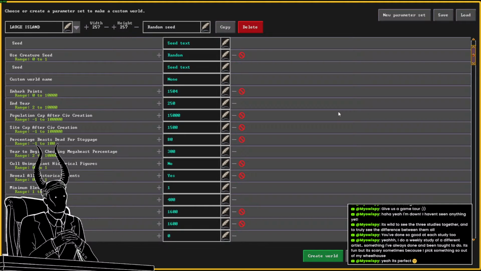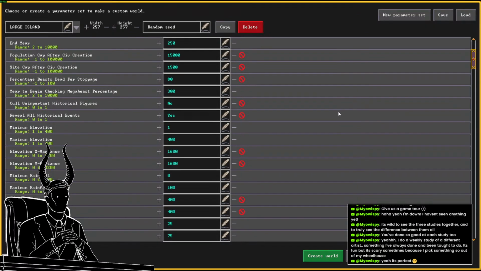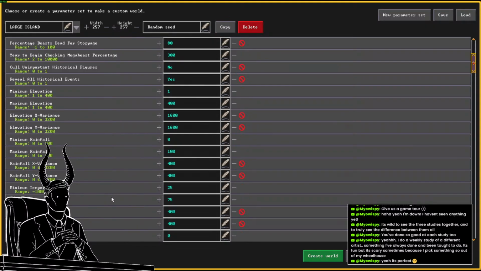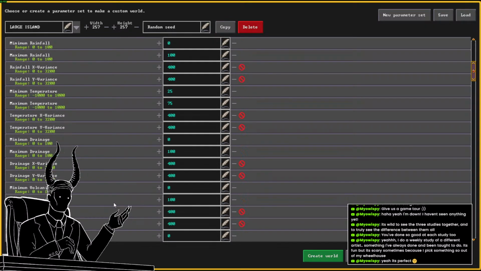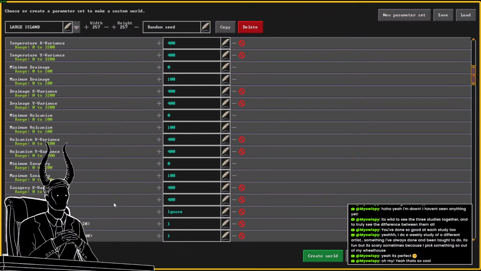And already from this interface you can see the level of depth in the world generation alone. For example, you can decide the amount of elevation, erosion, rainfall, temperature, drainage, volcanic activity, the amount of savage beasts,